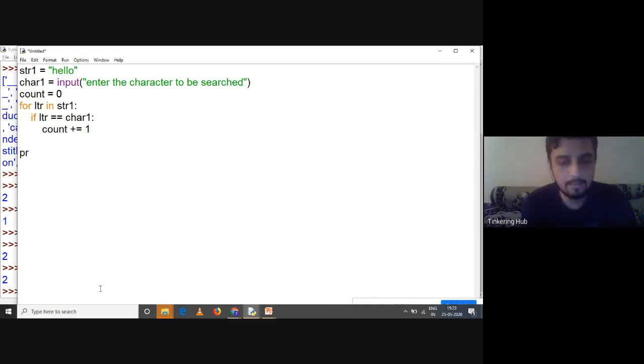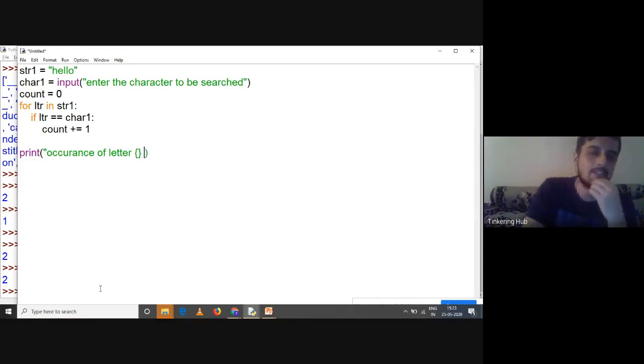let us just print it. Print occurrence of letter. Let me show you one more thing with strings. As we are studying strings, I told you in the first lecture that I'll show you another way to print string formats. So occurrence of letter so and so is so and so.